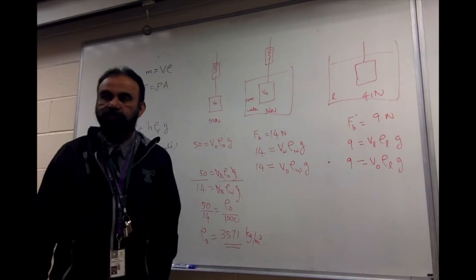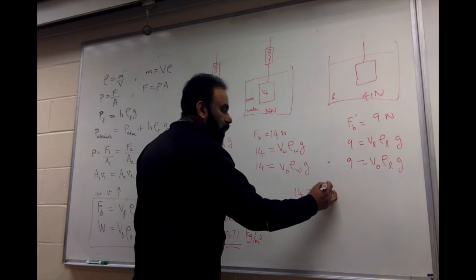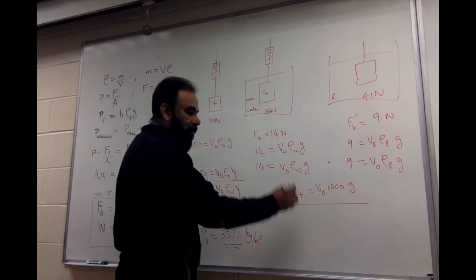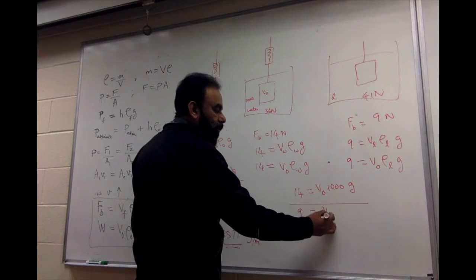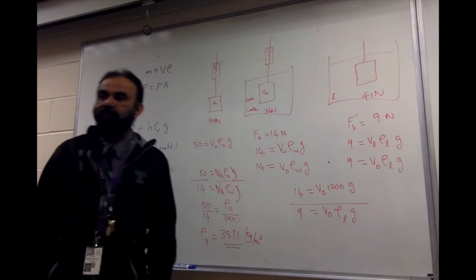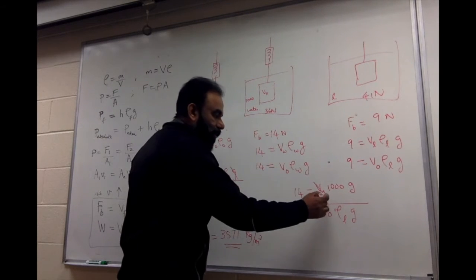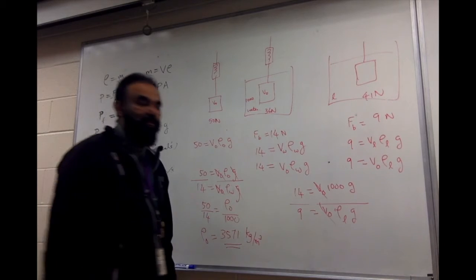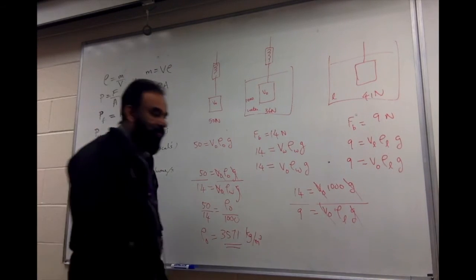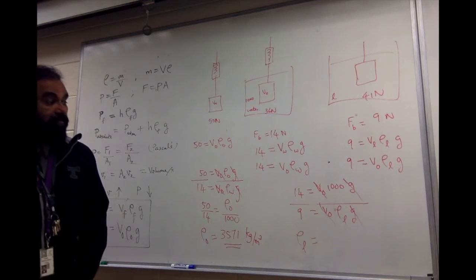Use any two. So I'm going to use 14 is equal to VO, rho W is 1000, times g, and divided by 9 equal to VO, rho L, g. What do you get then? When you divide both the equations, VO is out, g is out. Can you find the density of the liquid? Density of the liquid is equal to